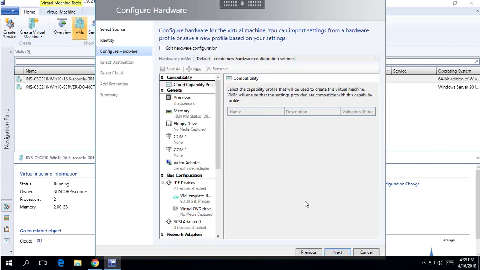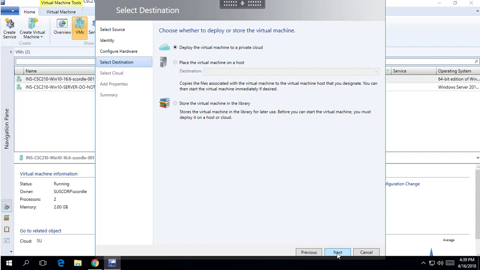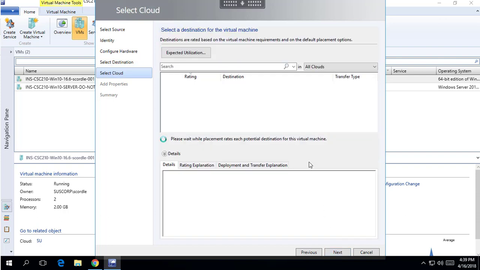And I highly encourage you not to change any hardware configuration here. Instead, wait for the image to be built and change that later. Hit next again to deploy it to our cloud. And then on this screen, you'll hit next and just wait for one thing, and that is, hopefully here, 5-star